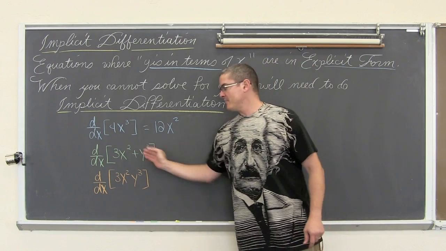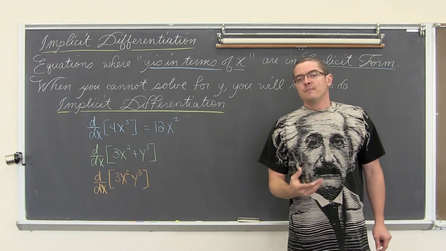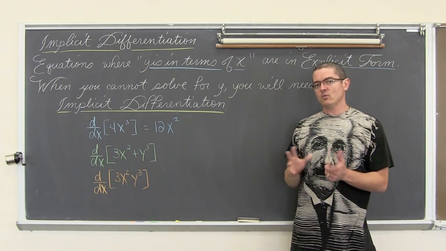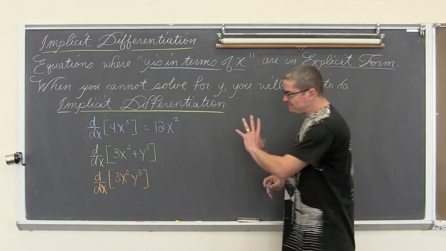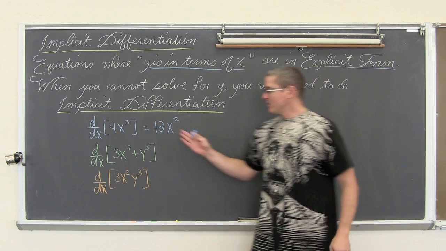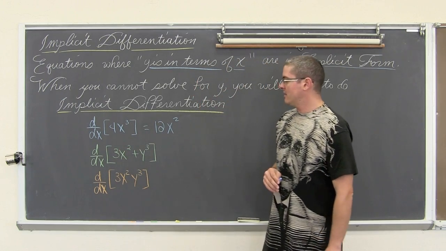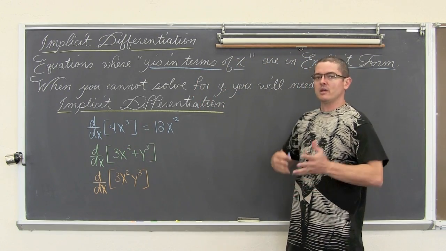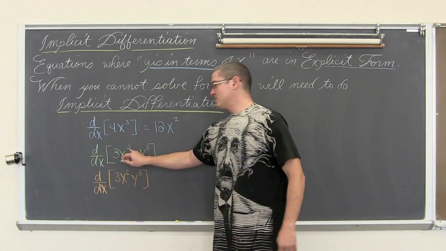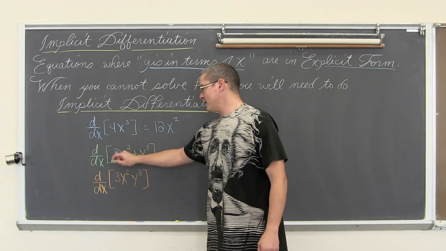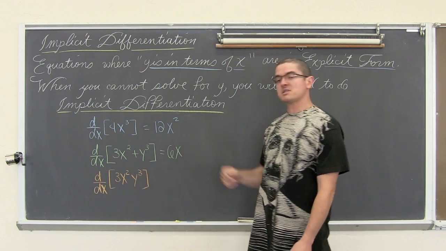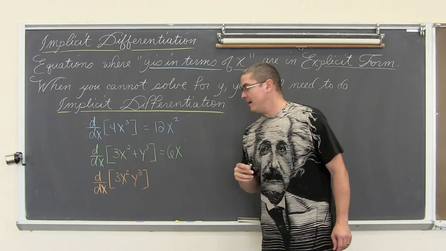Now, why am I bringing that up? Because in our next example, we have x and y terms. These aren't full-blown equations, these are just expressions, but they're to show you how you write the notation for implicit differentiation that we're going to use in the equations coming up. So the derivative of 3x squared plus y cubed, that's just two terms, and we can find the derivative of each term and then add them together. This is going to be the general power rule and the constant rule. 3 times 2 is 6. Reduce the exponent by 1, so 6x to the 1 power. We don't need to write that.